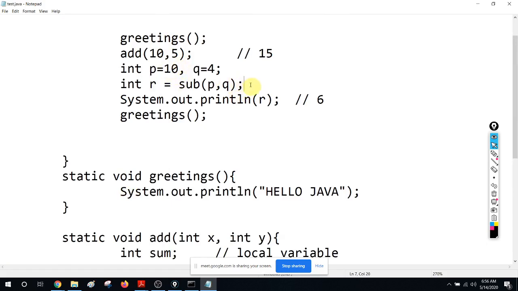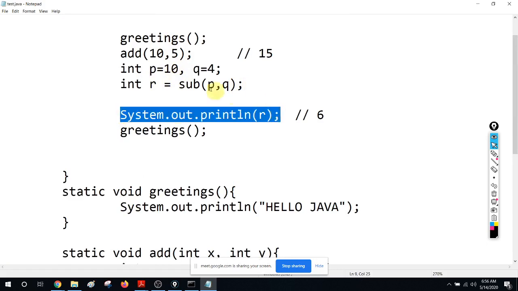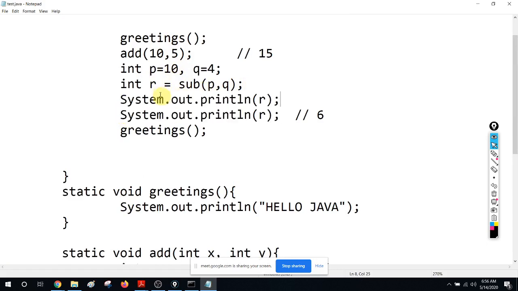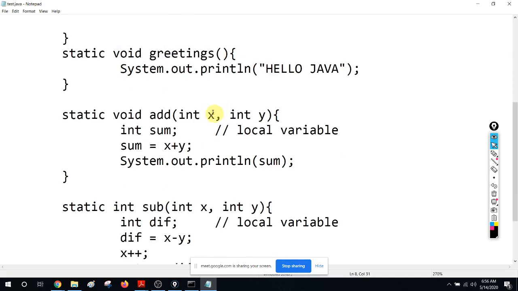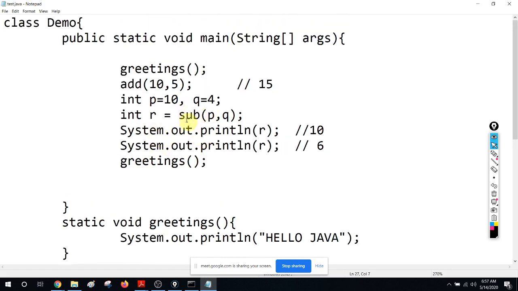If you print p again, it will still be 10. Sometimes you might think that we are sending p here, so p is this x, now we have incremented x, that means p has to be incremented. No. The value of x is incremented and that value is available here, but not here. Here it's still going to be 10.